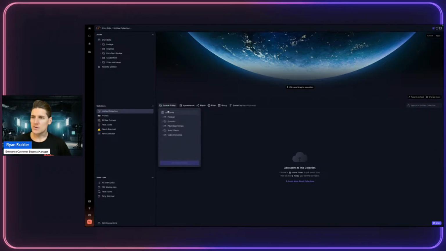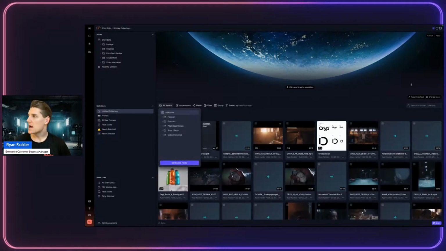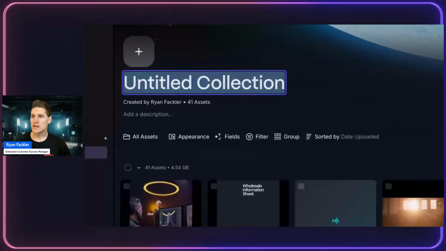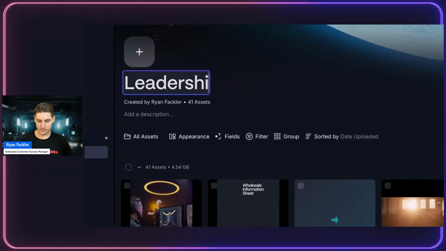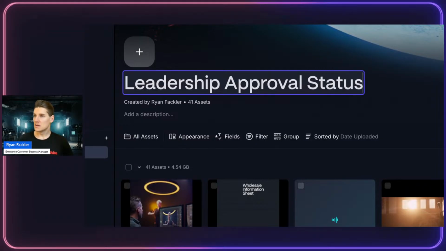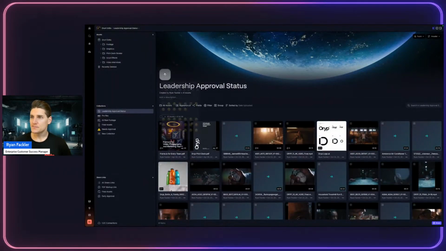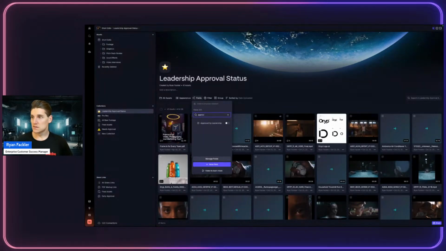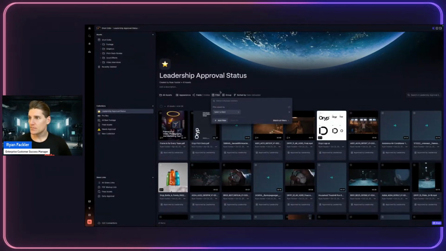We then can select the source folder where we want to pull assets from. I want it to come from all of our assets here. Let's give our collection a name. Say, leadership approval status. And let's go ahead and add in an image. We're pulling all of our assets, but maybe the field that we want to use is approved by leadership. And we want to filter